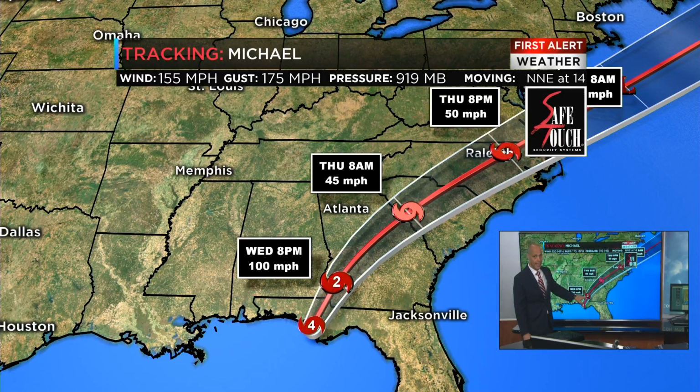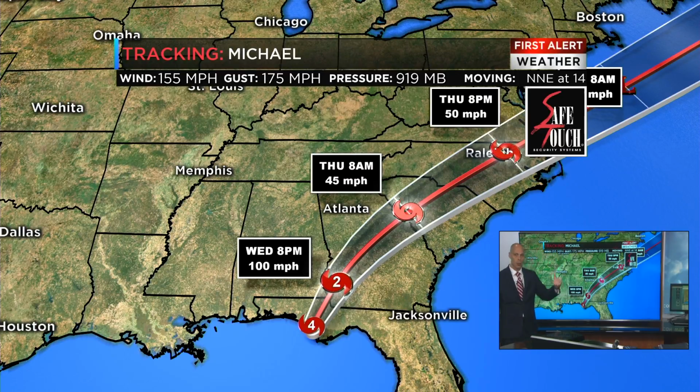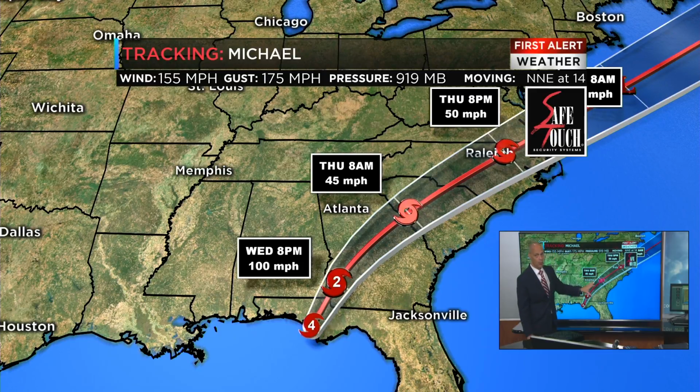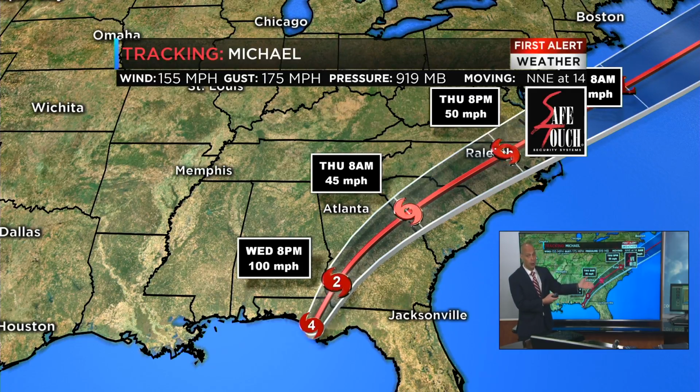Category 2 hurricane right near the Albany, Georgia area. And then you notice by Thursday morning at 8 o'clock, it's now moving over towards parts of the South Carolina and Georgia border, right up near the Augusta area, with 45 mile per hour sustained winds. Now that means it'll be transitioning from that hurricane to a tropical storm as it crosses over Georgia tonight in